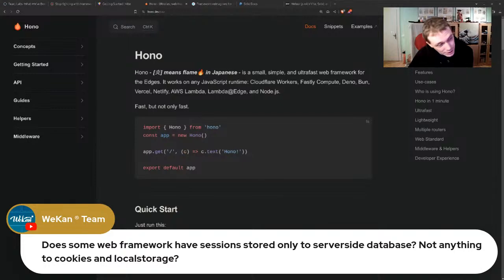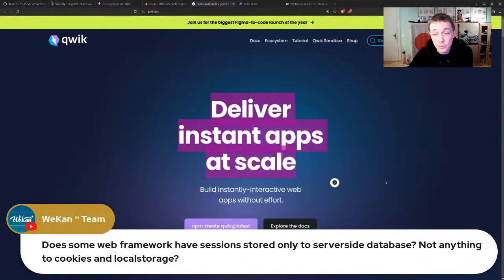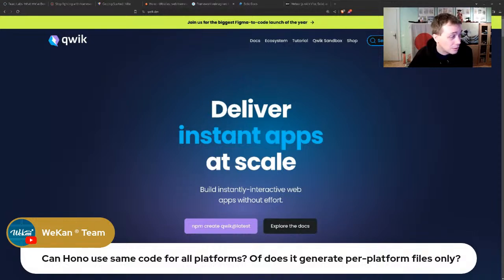Do some web frameworks have a session store linked to a server-side database, not anything to cookies and local storage? Quick seems to be like that, but I think they definitely also have some things locally, especially once you activate the reactivity. Until then, it's probably on the server. And can Hono use the same code this way? That's what I've answered. But specifically, if it does generate per-platform files only,